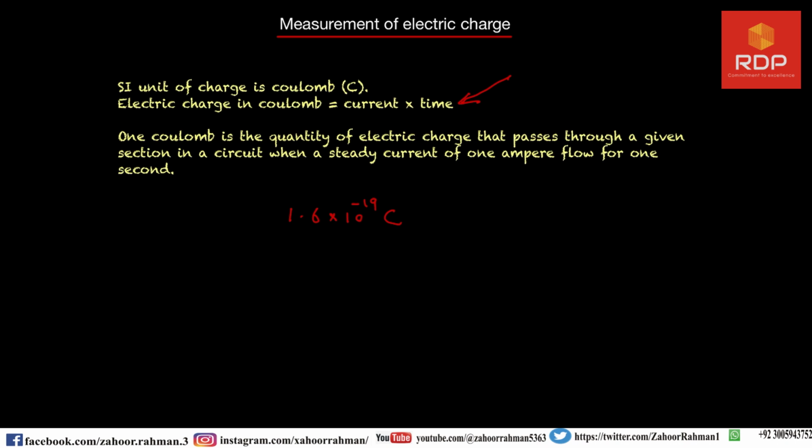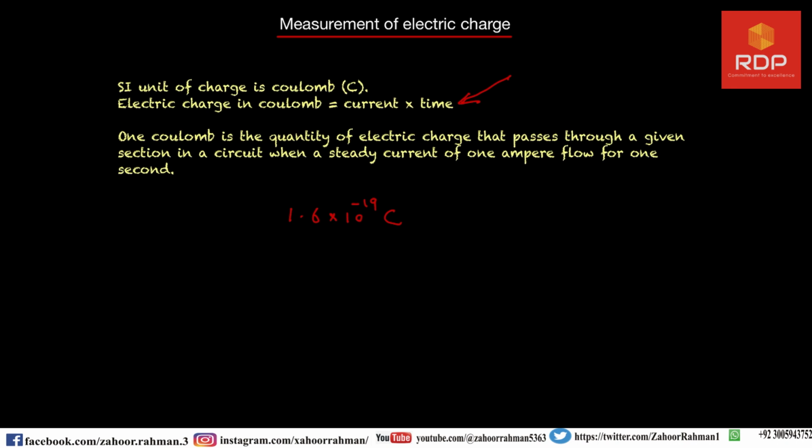In other words, 6.25 × 10^18 electrons or protons are required to make up 1 coulomb. This shows that the coulomb is a very large quantity, and for most practical purposes we use